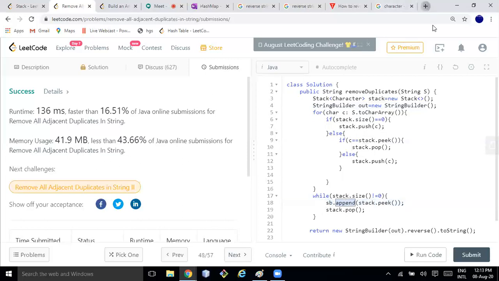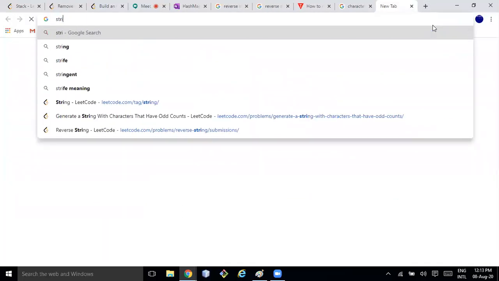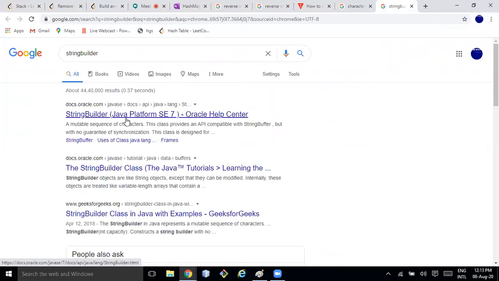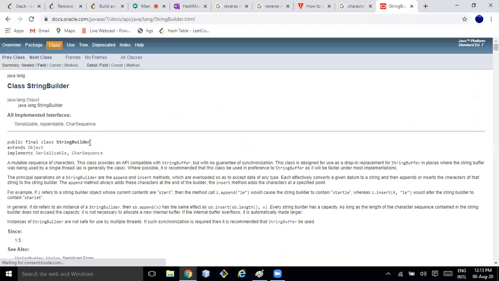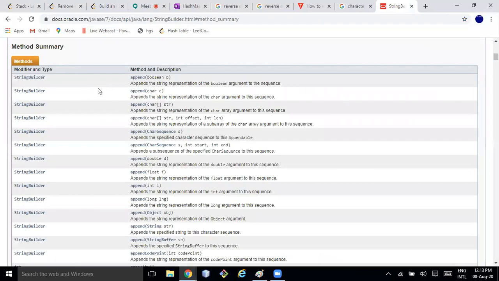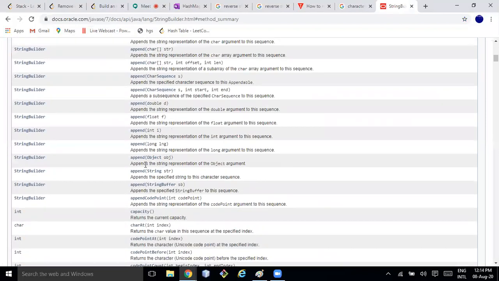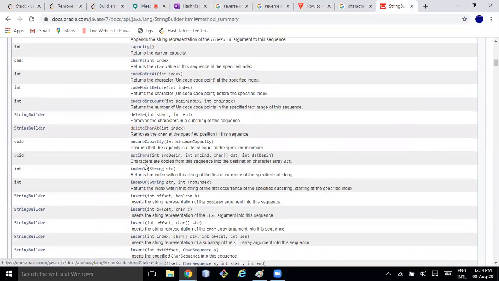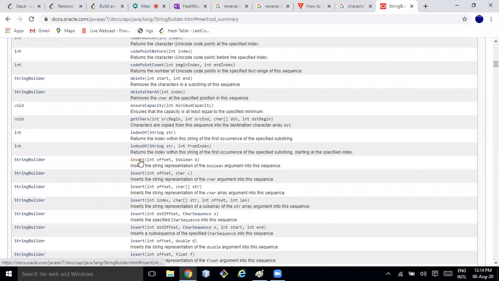I'm not sure whether any method is there. You can search what all methods are there in StringBuilder. Can you append at the beginning only? Append, code point before, insert, capacity, insert at index 0, maybe you can do this.